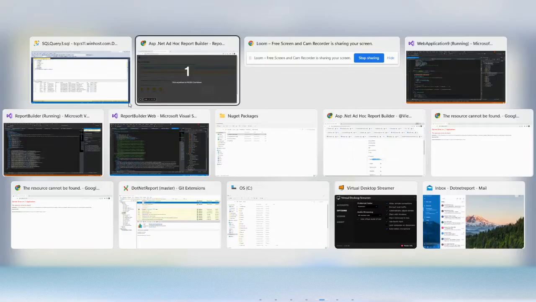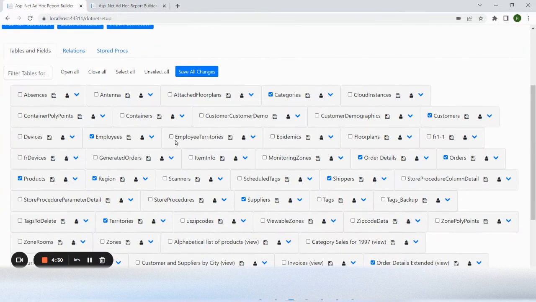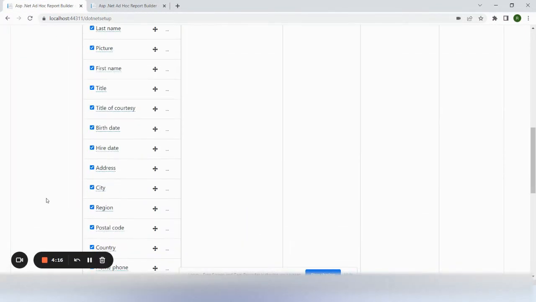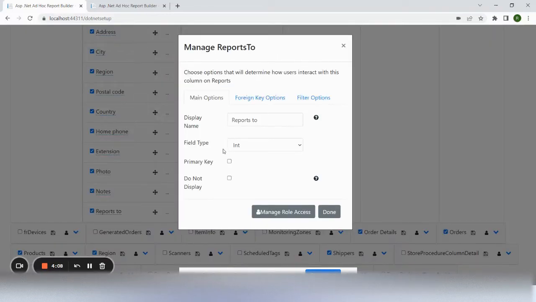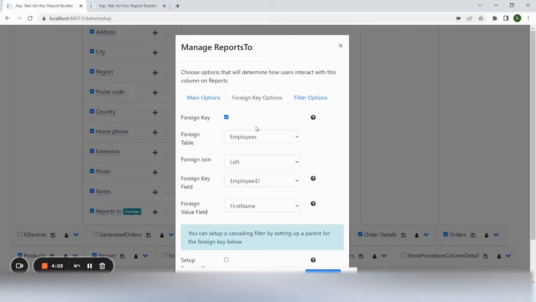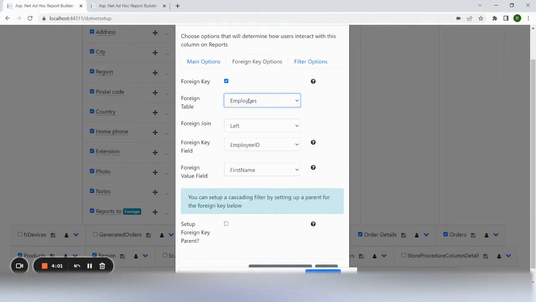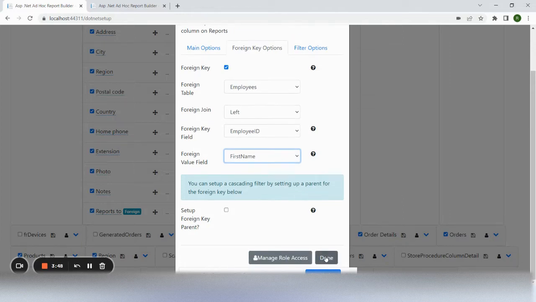To set this up in .NET Report, we go to the setup page and look for the employees table. The foreign key field that we're going to set it up on is reports to. You can click on the dot dot dot for the all columns option, and then go to the foreign key tab. The first level is just to set up the regular foreign key table. Since this one joins on itself, it's a left join, and the field that it joins onto is employee ID, and the value that we want to display is the first name. If we set this up and save it,